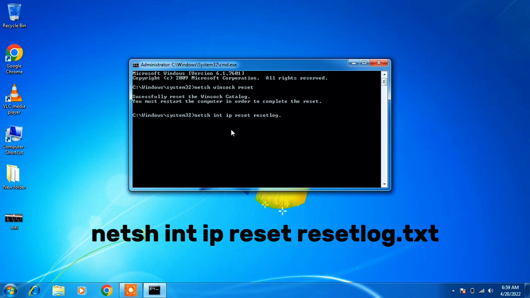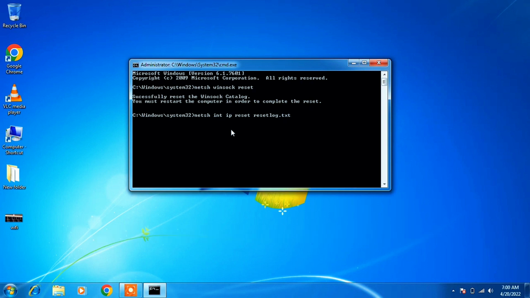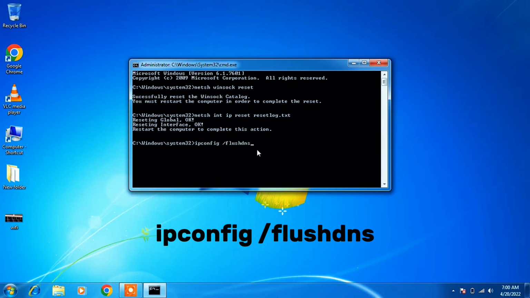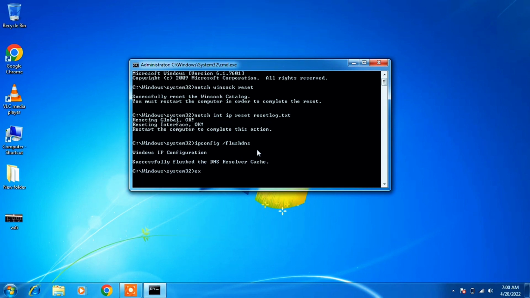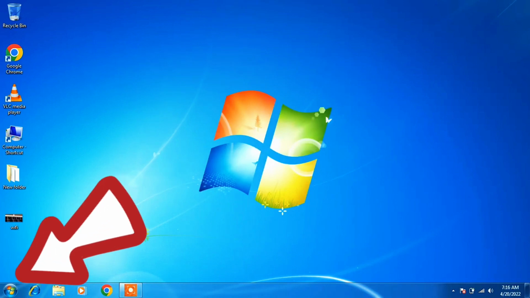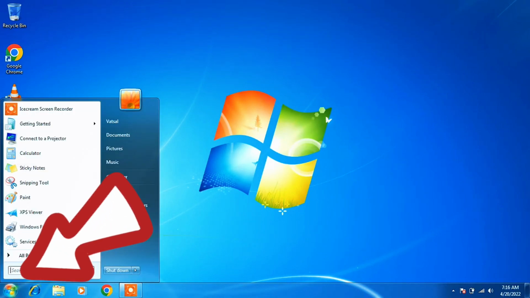Okay, so next we should enter one more command in CMD. Here you can see the next command, ipconfig /flushdns. Please type that and click on enter. So click on enter, and here we are. So okay, next method, if it doesn't work, click on the start menu,